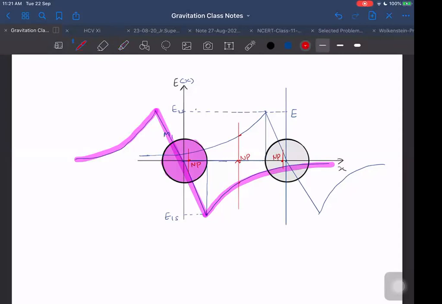Always the graphs will not be like this. Sometimes the graph can be different also. For example, this curve which is coming from here, it may have gone up to this, and then it may decrease in such a way that the maximum possible value of this mass may also be less than the value. Then these will not cancel, because the maximum peak of this is also less than this. Then will they be able to cancel? No. Then one null point will not exist in this case.